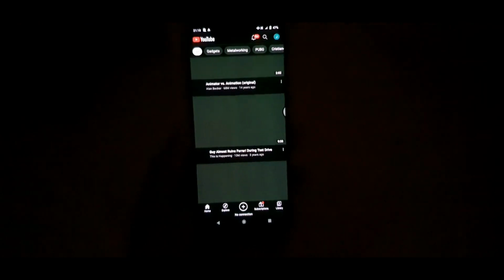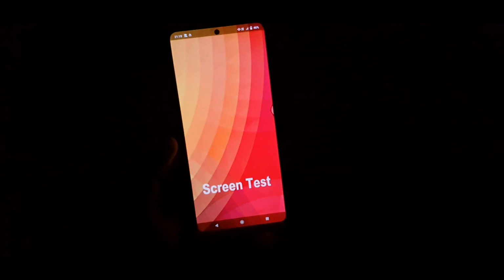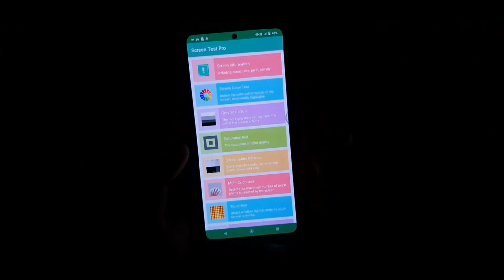As you can see now, friends, in YouTube, this is my first time seeing this kind of green tint issue. Oh my god. So in YouTube as well you will be able to see this kind of problem. Friends, even by using another application, which is a grayscale test, you will be able to get to know how bad and severe the green tint problem actually is in this Realme X7 Max device particularly. Now you will be able to see green tint.